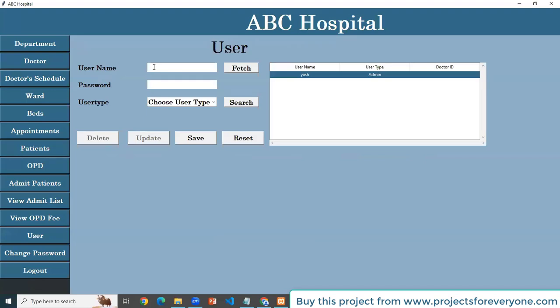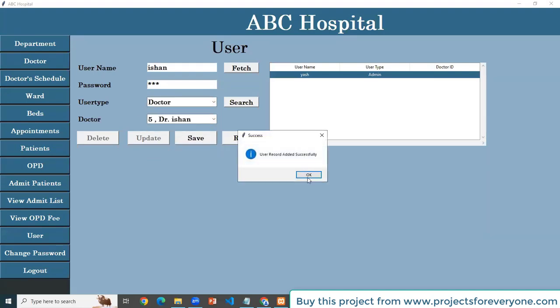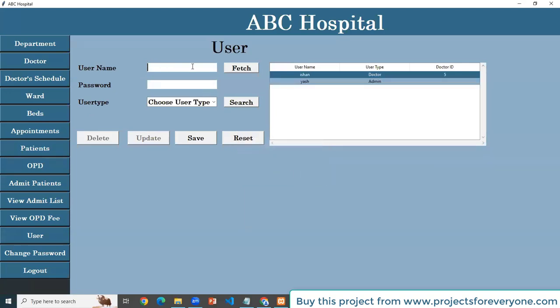You can add a new user also. When we select a doctor as a user, we have to select which doctor he is.